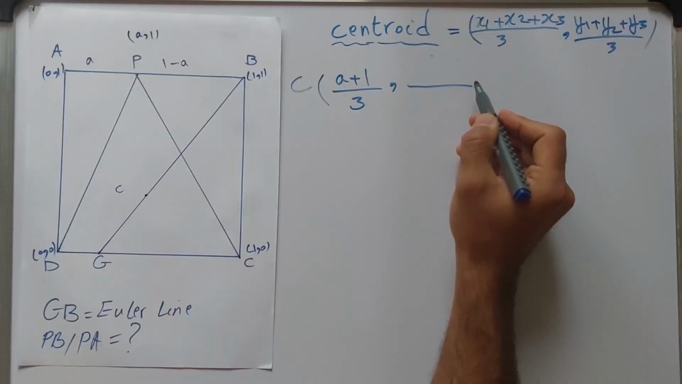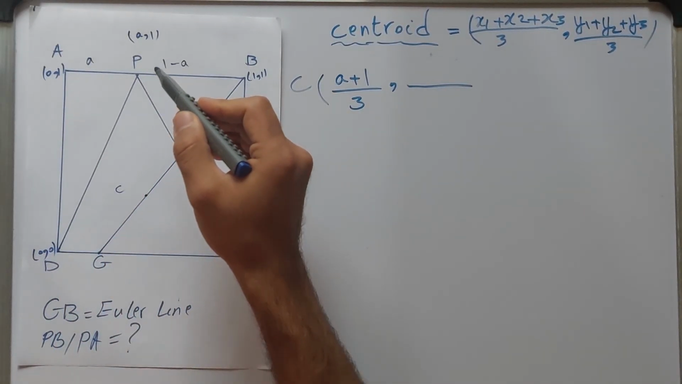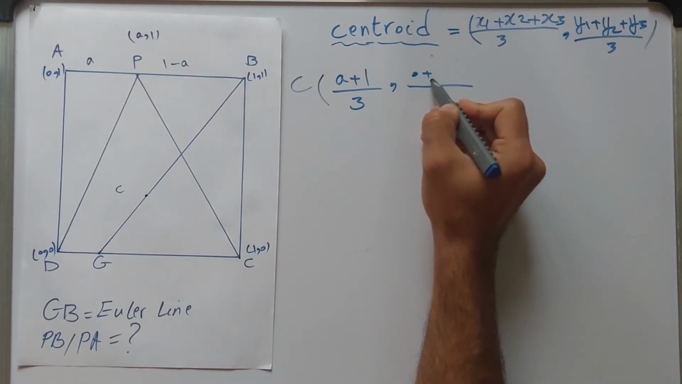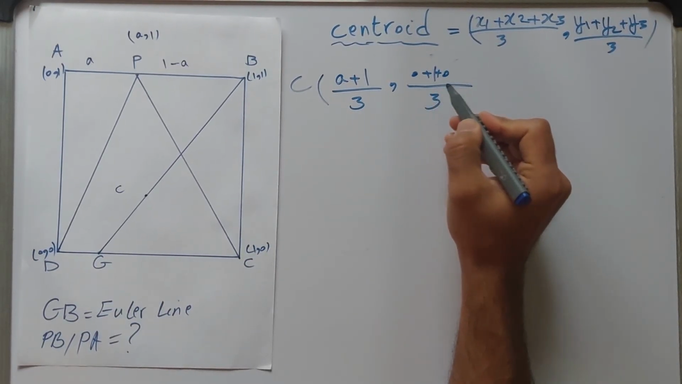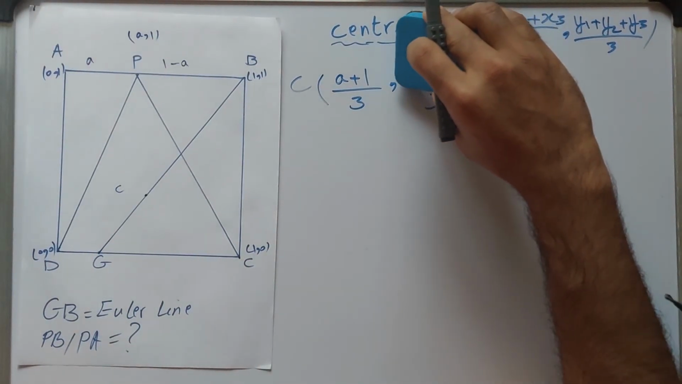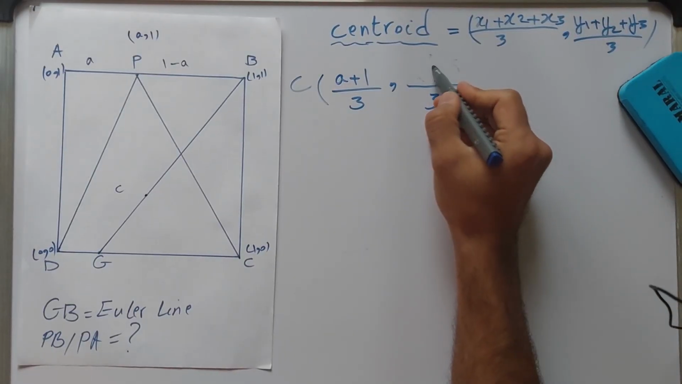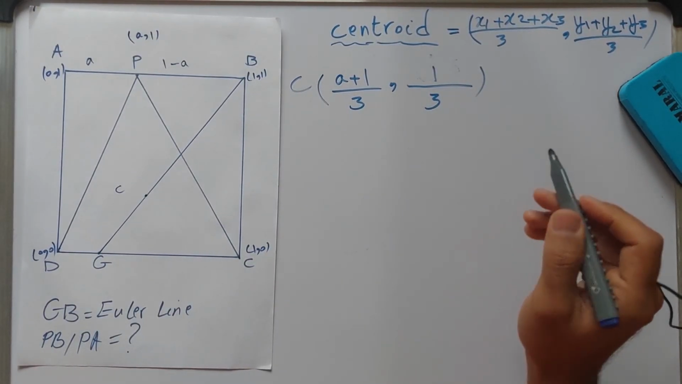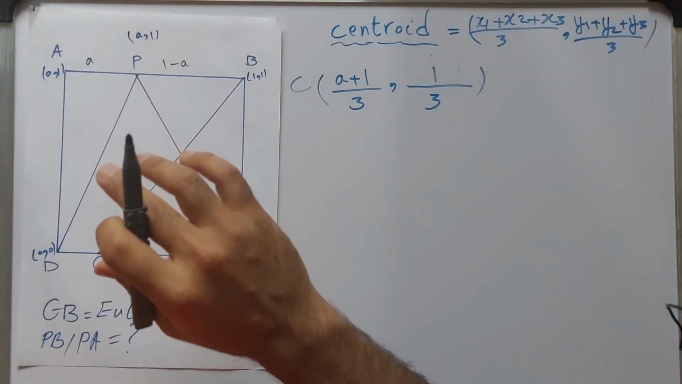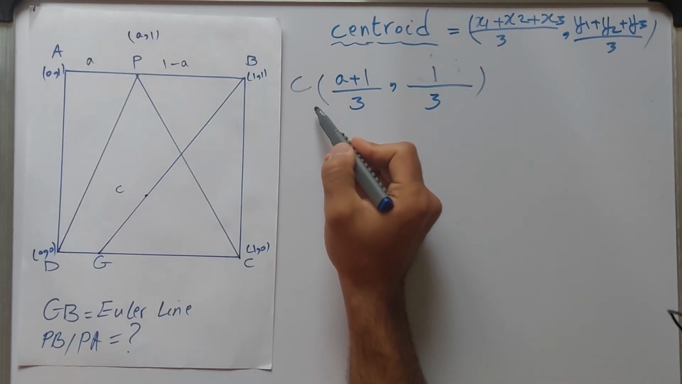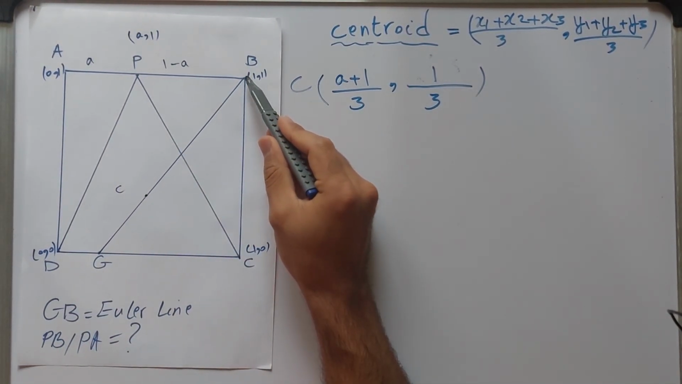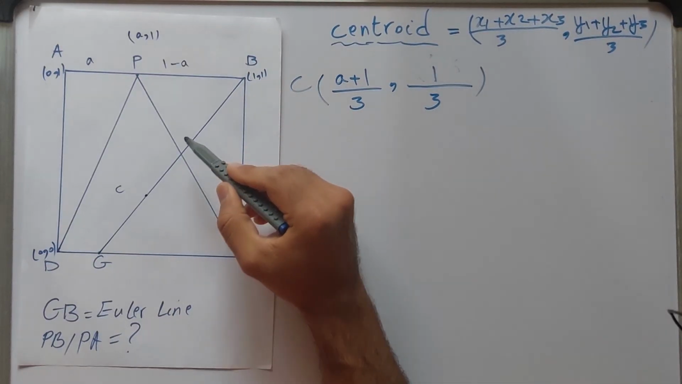And then the y coordinates, so that's 0 plus 1, and then here, that's, again, 0 over 3. So that's 1 over 3. That's the coordinate of the centroid. So now, using these coordinates of the centroid, let's find out the slope of the Euler line,